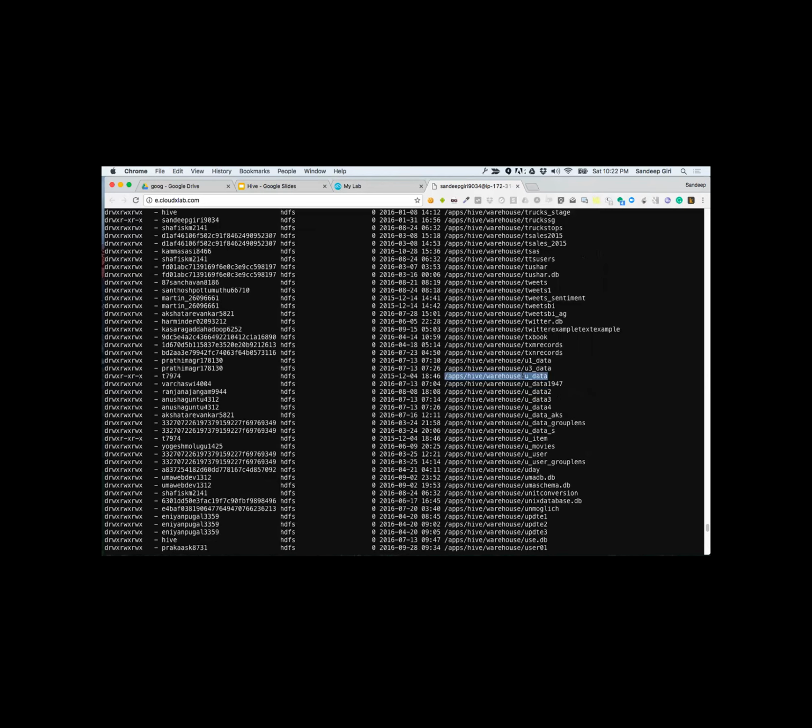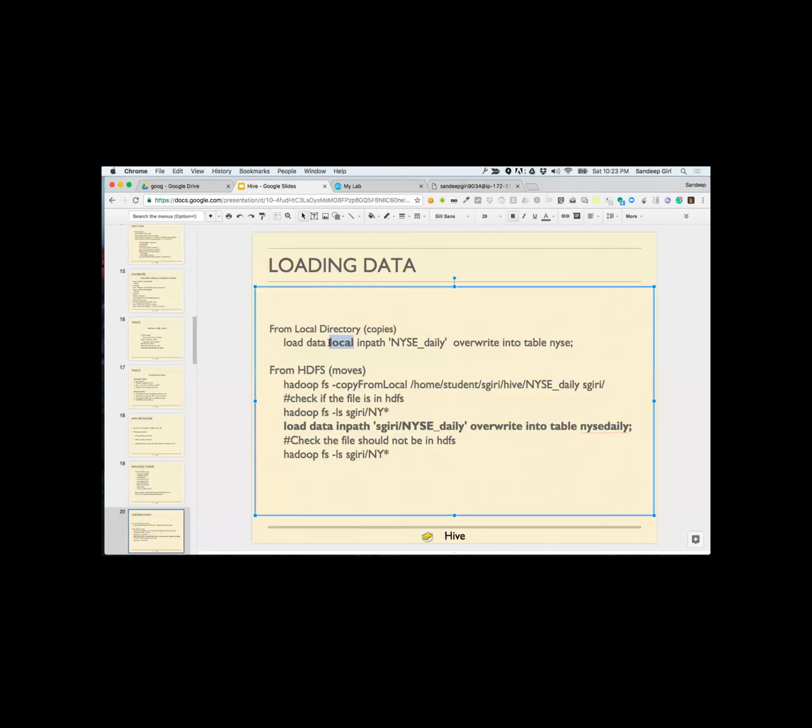By default, if you just log in and don't select any database and you don't specify a location, this is where it's going to get located. So if you don't mention the location of your table, it's going to be located in the warehouse folder. This is the default location. And as soon as you say load data, it will create the folder for the table and copy a particular file.